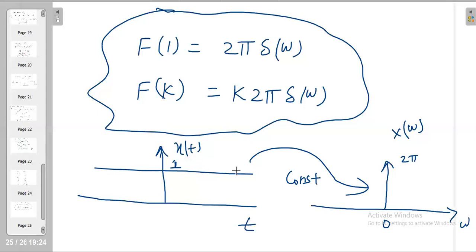If there is no variation, that means there is no frequency contribution, so the frequency contribution is 0. Whenever you have a variation, we denote it with the frequency. The variation of the signal only we denote with the frequency, but here from minus infinity to plus infinity there is no variation at all. That means we will not have any frequency contribution here. So only at DC we will have some component. Other than DC we will not have anything. This is the Fourier transform of 1. Fourier transform of 1 is 2 pi del omega. We will stop with this.